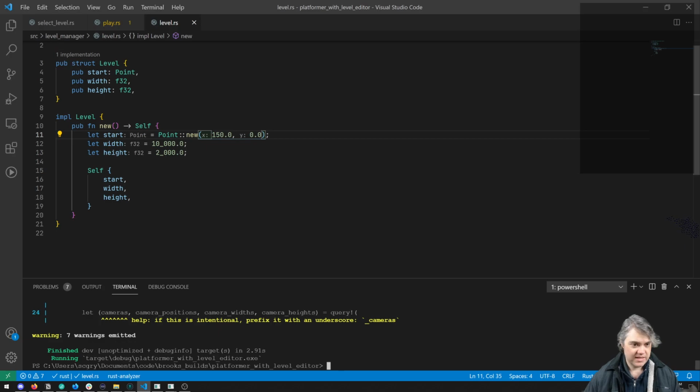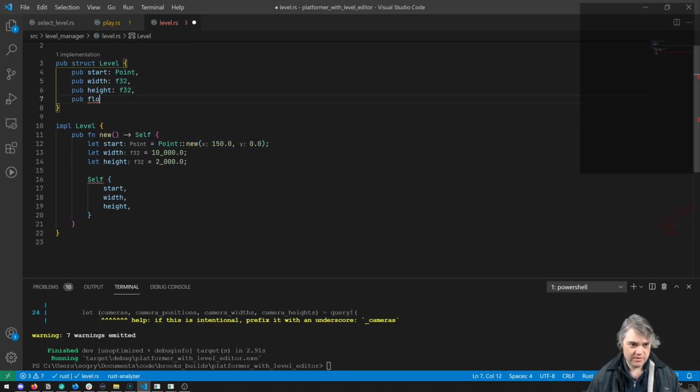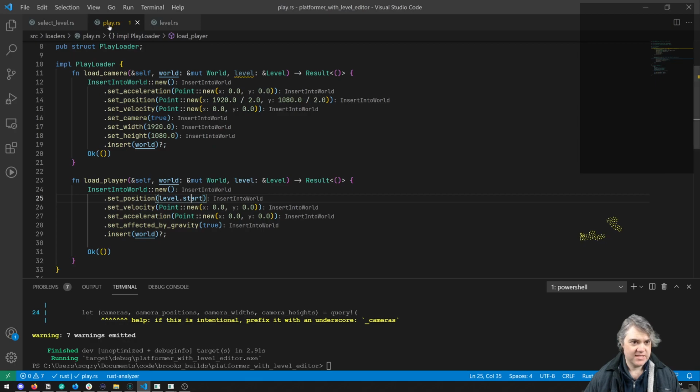So in our level, we can just say a floor, and this is going to be a boolean. Let's just say that we have a floor, which means that when we load this level,